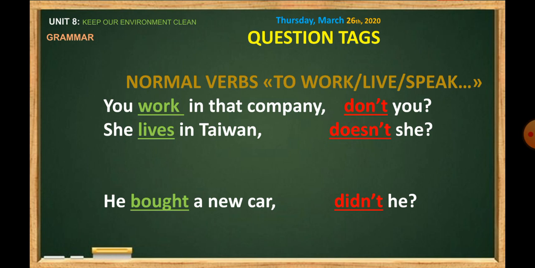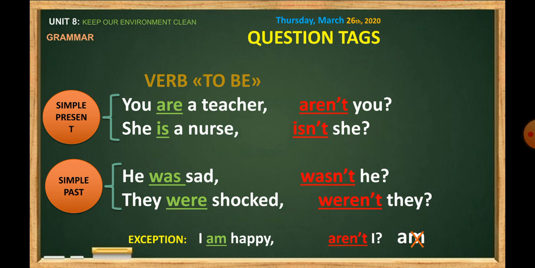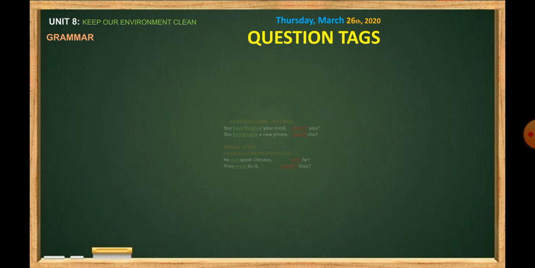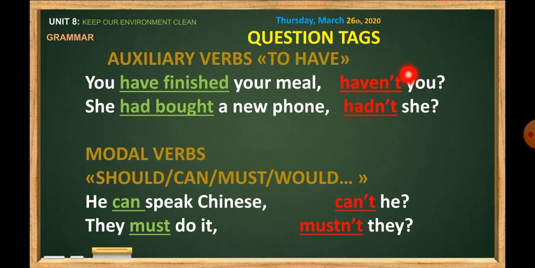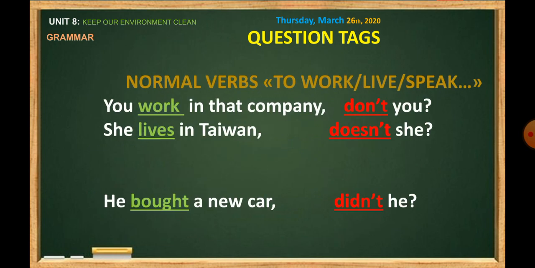Okay, شفنا verb to be. أنا نرجع لكم كاع باش تشوفوا. ها هو verb to be. في الماضي في simple present وفي simple past. ثم شفنا auxiliary verb to have في simple present أو لا في البريزنت وفي الباست ديالو form. ثم modal verbs. دابا غنشوفوا آخر نوع اللي هو normal verbs الأفعال العادية like to work, to live, to speak,